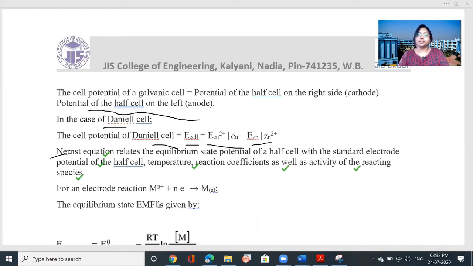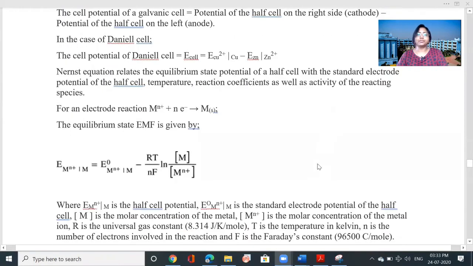For an electrode reaction, M^n+ plus n electrons gives the pure neutral metal M. How can we calculate the equilibrium state EMF? We write it as E of M^n+ vertical line M, which is the neutral metal, is equal to